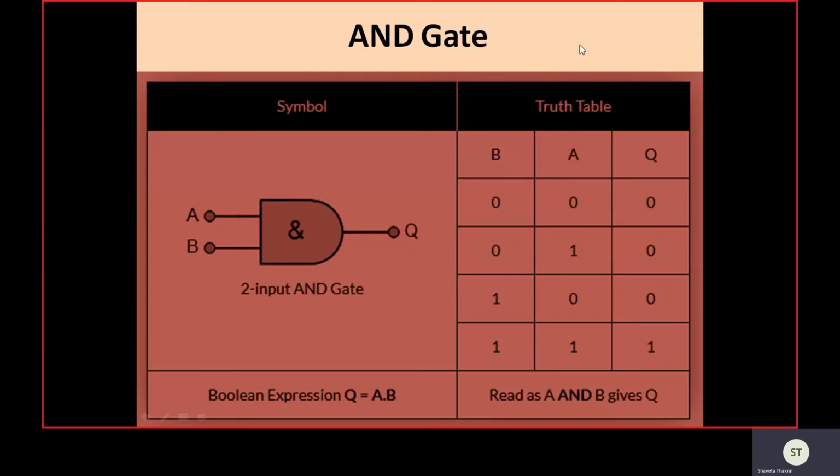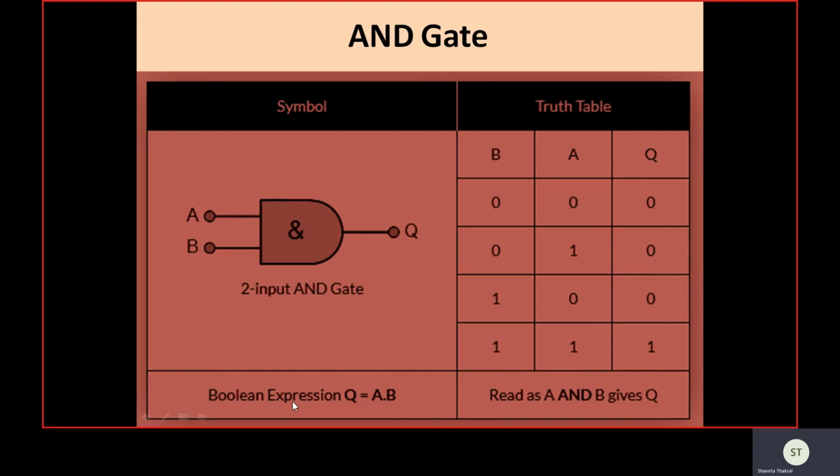Now giving you an overview of all the 3 gates we are going to use to make the circuit connection. We need AND gate. This is the symbol of AND gate and this is the truth table of AND gate. The A and B are input and the Q is output. So A and B can have 4 combinations: 0 0, 0 1, 1 0 and 1 1. So for the first 3 combinations the output generated will be 0 and for the last combination of input the output is 1.